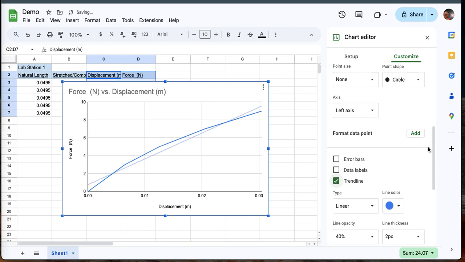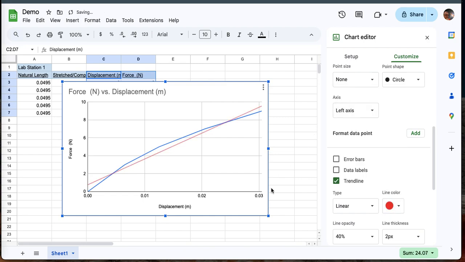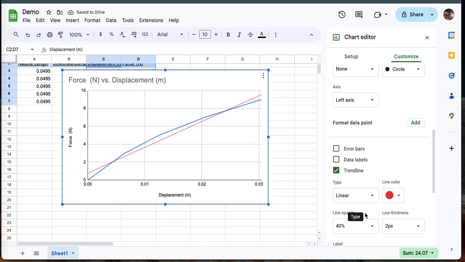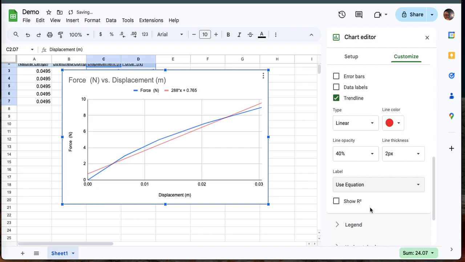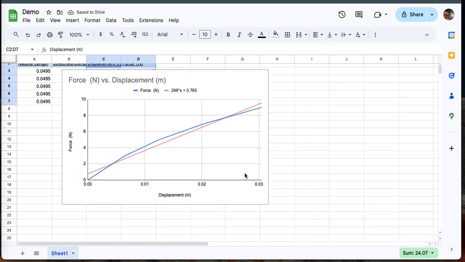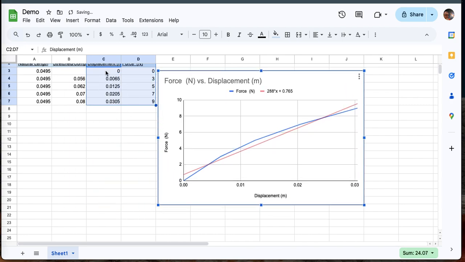The trend line is blue and my data line is blue. I'm going to make the trend line pop out a little bit by changing its color. There it is. There's my trend line, the best fit line. And the last thing I'm going to do here is add equation, use equation. Okay, so I can close my editor now, and what I've got here is a chart of this data, and